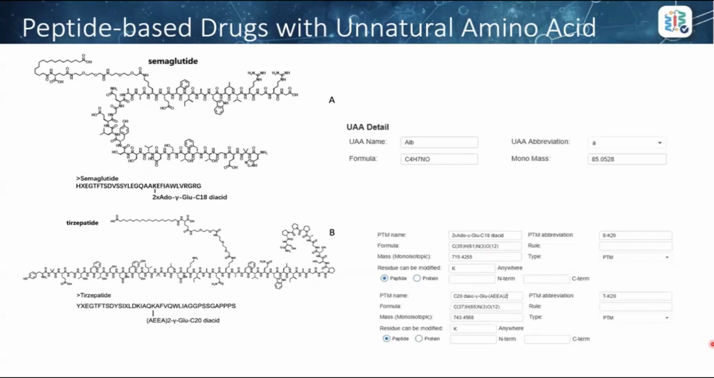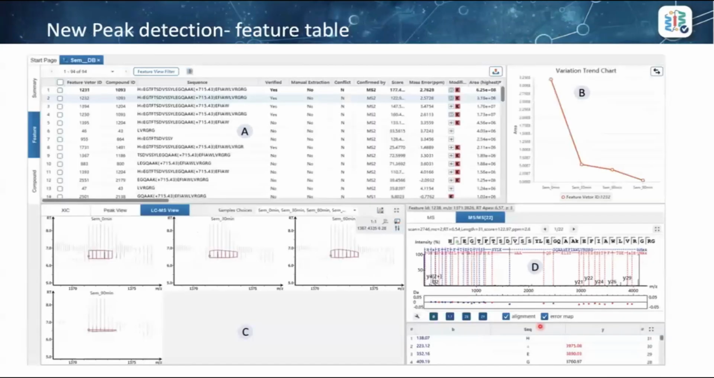So the raw data were analyzed using our new peak detection workflow, so that we can get those results. Here I show you the feature table. In the feature table, we give you very detailed information about the target molecule and its product-related molecules. In panel A, we can see this feature table, which lists all detected feature vectors